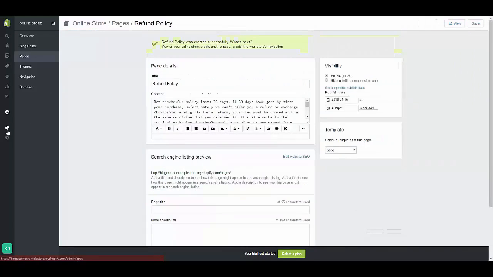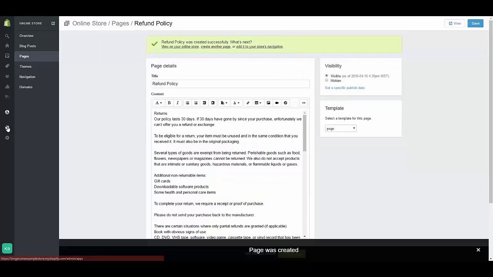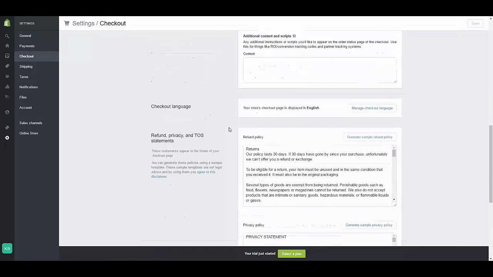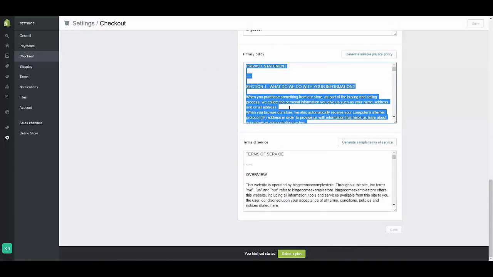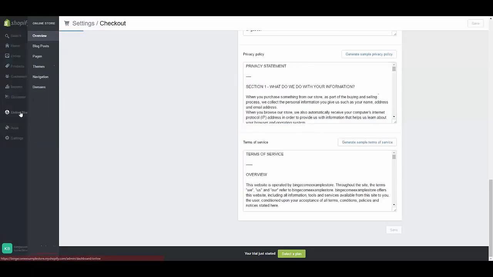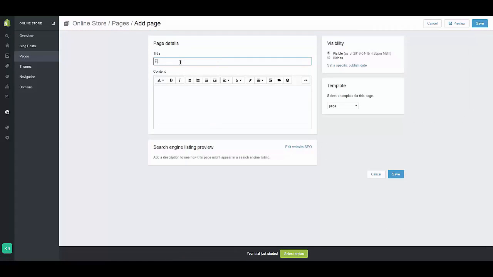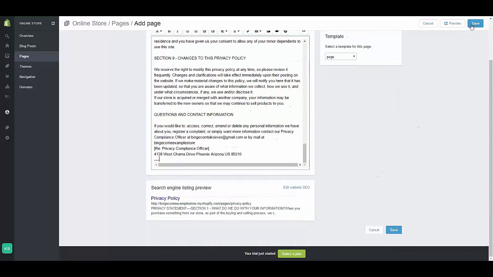Okay, so you're going to do that for all 3 of your legal page items. Go back to checkout, scroll down, now go to privacy, and click back on your online store, pages, add new page, privacy policy, paste, save,